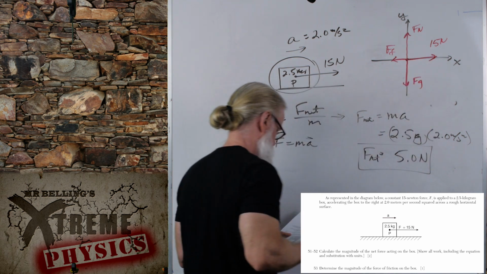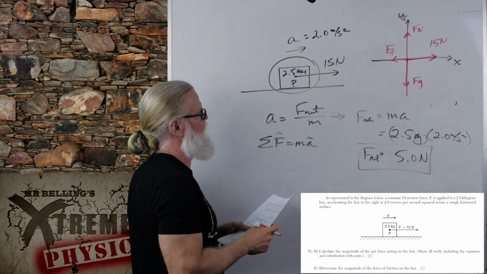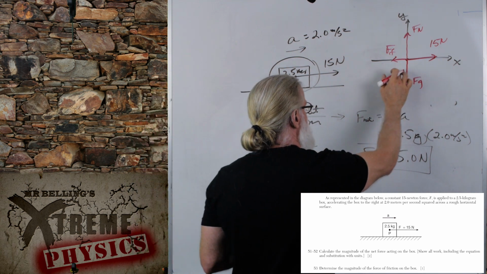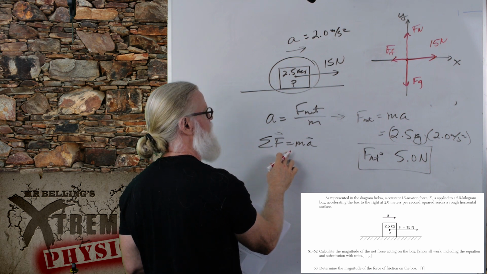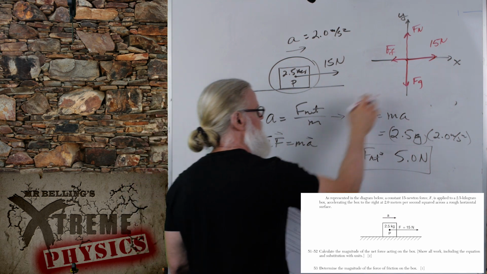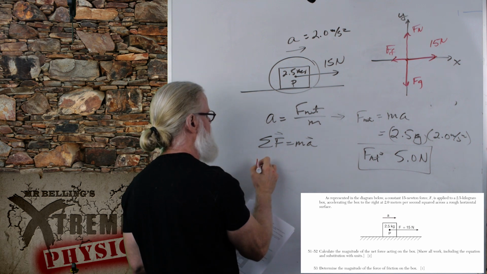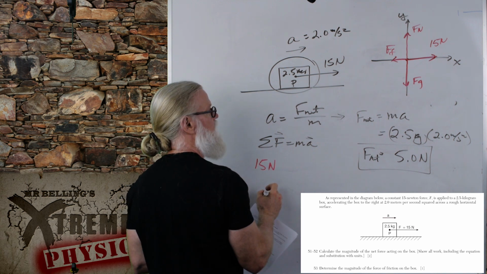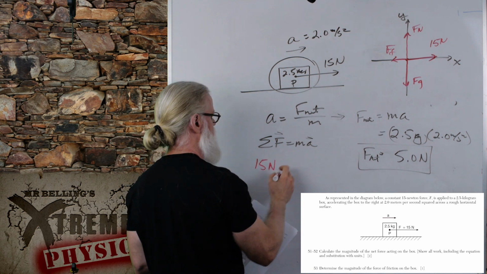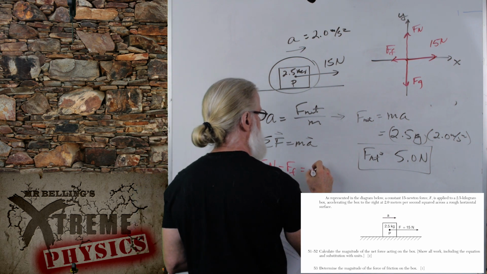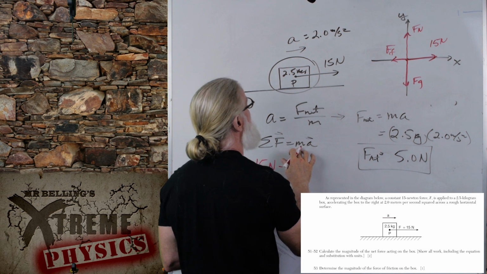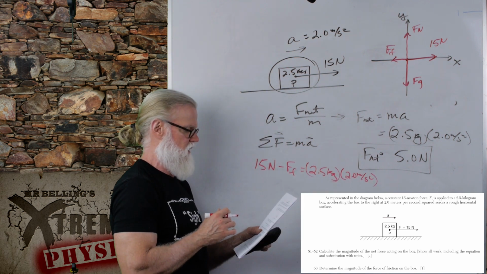Fg. Determine the magnitude of the force of friction. All right, we want to know what that is. I'm going to use this relationship: the sum of the forces equals mass times acceleration. Well, what is the vector sum of the forces? We have a positive 15 newtons minus whatever the force of friction is equals mass